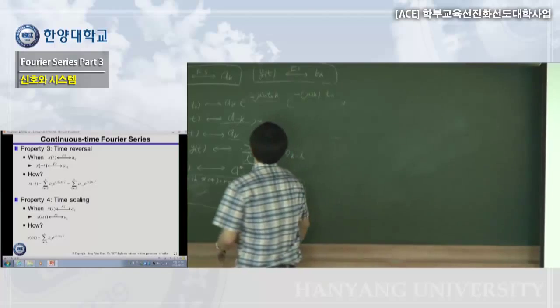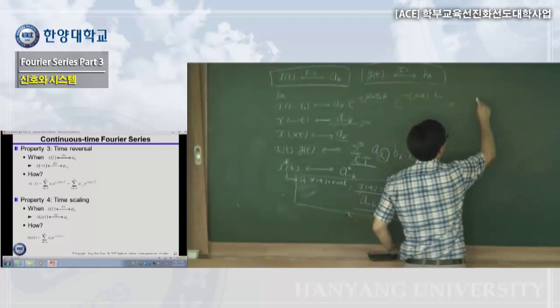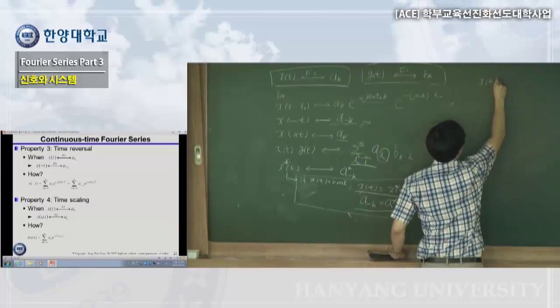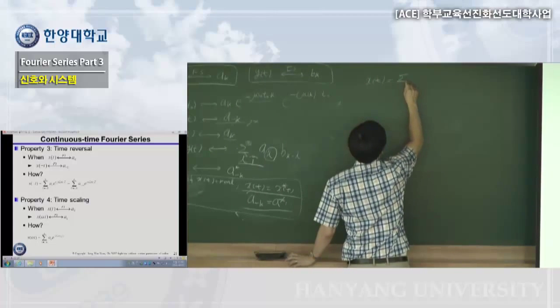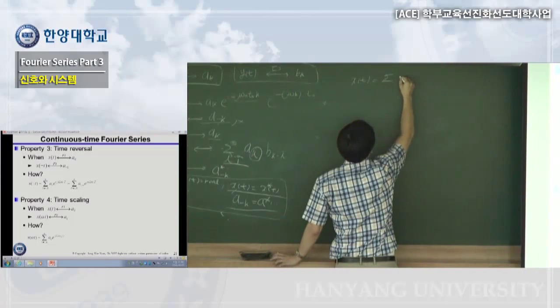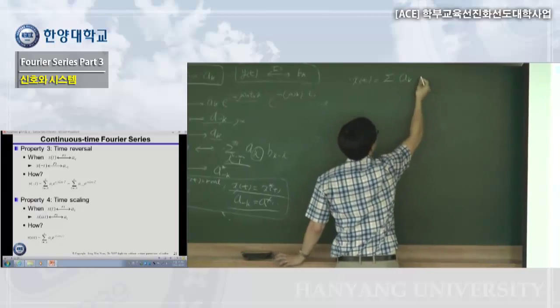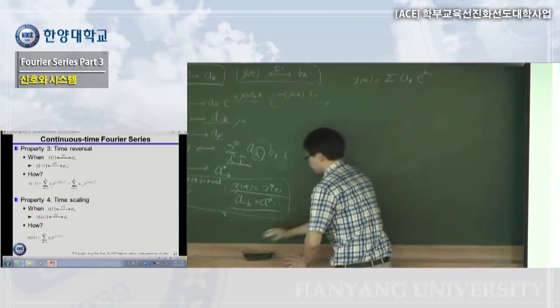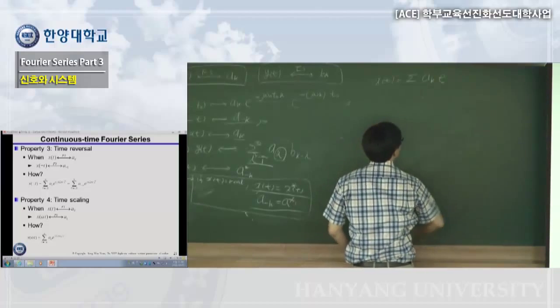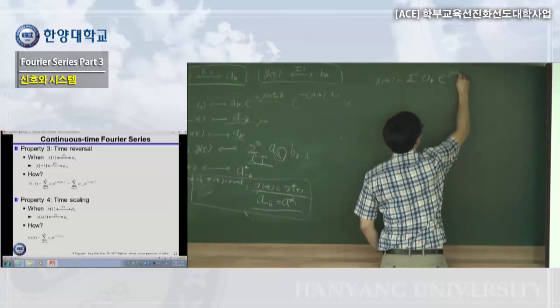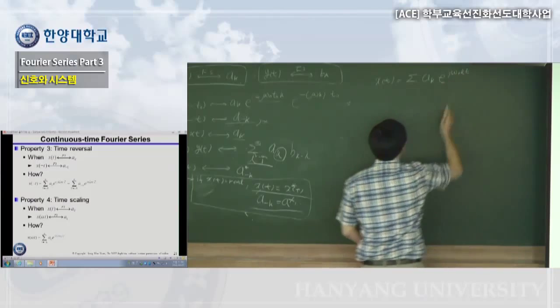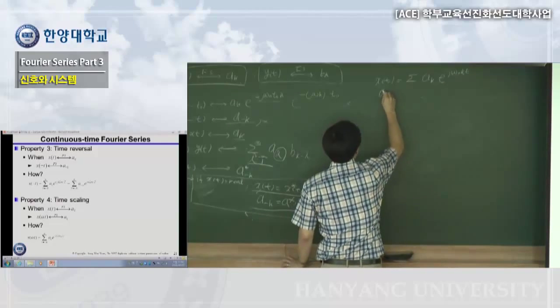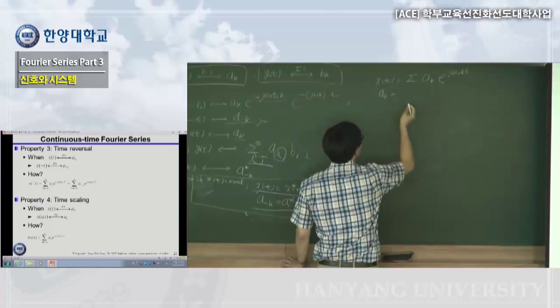So before we move on, let's define the relationship one more time. xt equals summation of ak exponential minus j omega 0 kt. ak equals